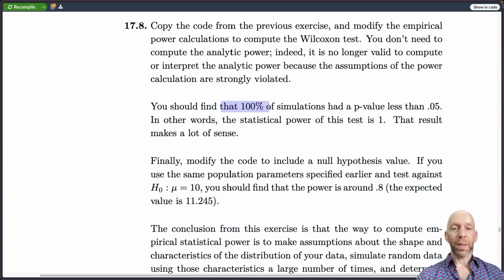Okay, once you've confirmed that that works empirically, then what you want to do is modify the code a little bit to include a null hypothesis value. This is just a minor change from the code. And basically you can test against the null hypothesis value that the data were drawn from a sample with a median of 10. So that's your null hypothesis value. In fact, the population expected median is 11.245. So there really is a difference between the true population parameter and the null hypothesis value. And you should find that the power is going to be somewhere around 0.8 for this test, given all of